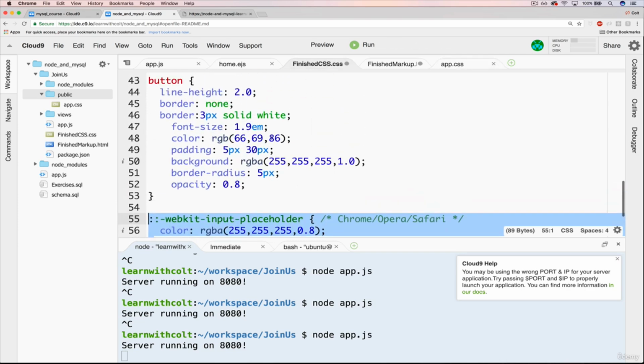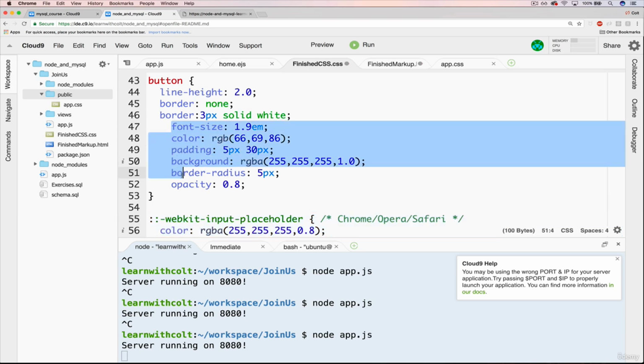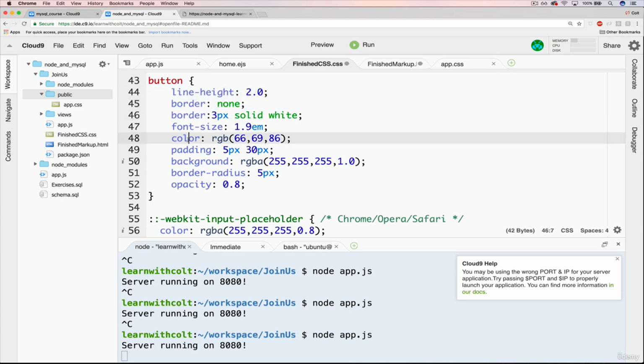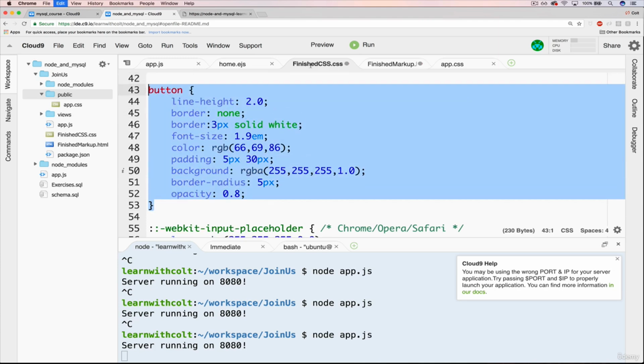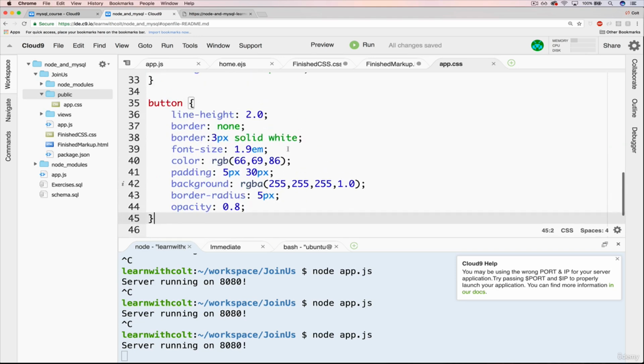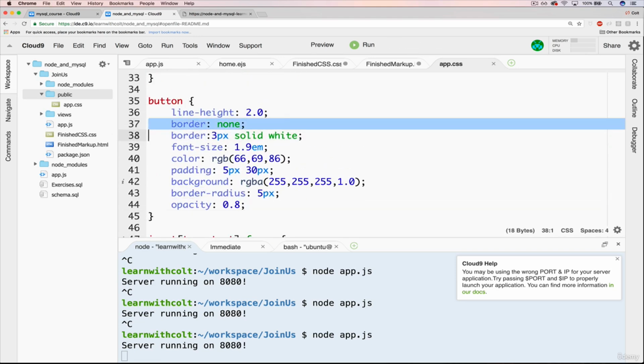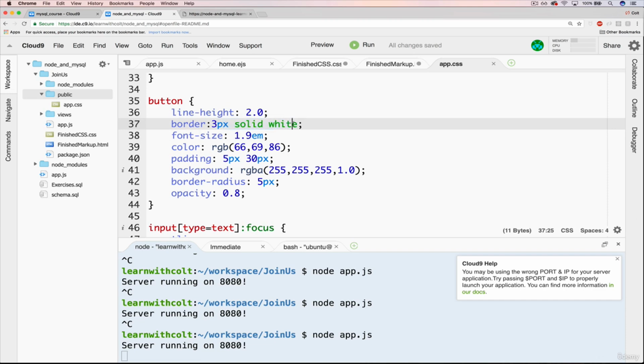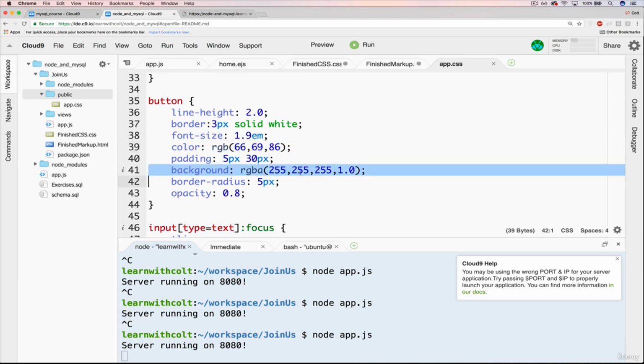Now we've got the button. The button is pretty straightforward. Let me format this a little better. I'll just copy it all over and save. Mainly what I'm doing, we can actually get rid of this, is adding in a 3-pixel solid border. Then I'm making the font size bigger. I'm making the color, I'm changing the color, adding some padding, adding a background color,